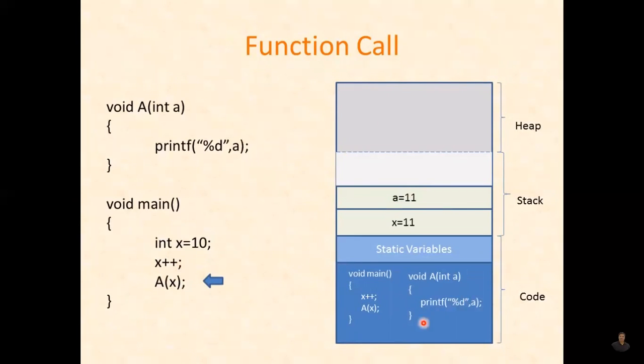Now the execution of function A starts, and it will access the topmost activation record inside the stack. Every running function accesses the topmost activation record inside the stack. And one more important thing from this slide: when a function is called, its activation record is created, and similarly, when the function terminates, its activation record will be deleted.